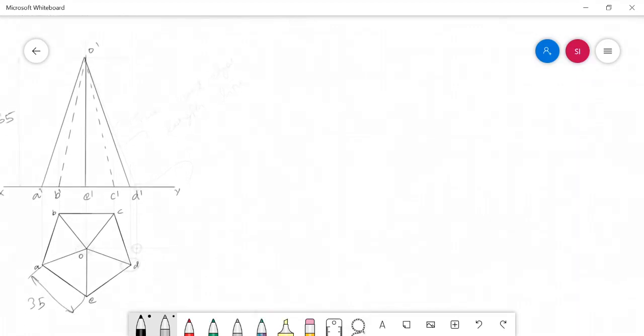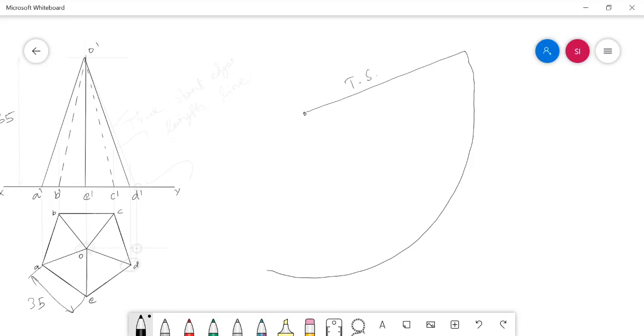After that, when you come to developing this pentagonal pyramid, use the true slant length as the radius in your compass and draw an arc with the center at O. This length is nothing but the true slant length of the solid, loaded as a radius in our compass, and I just drew an arc.